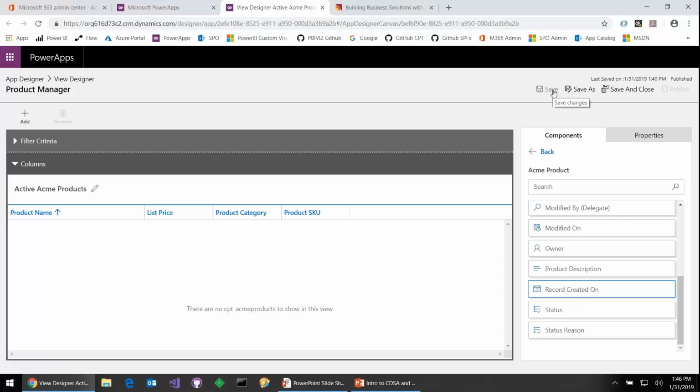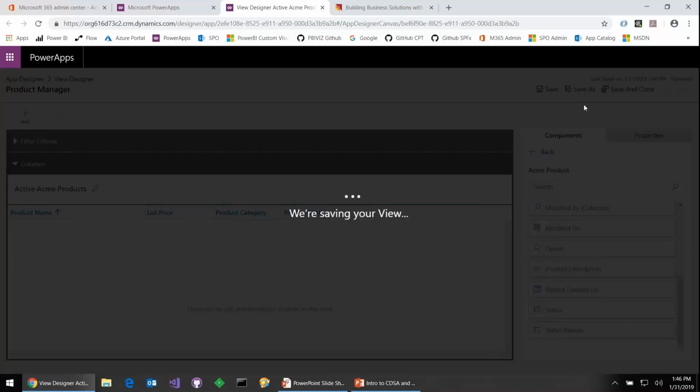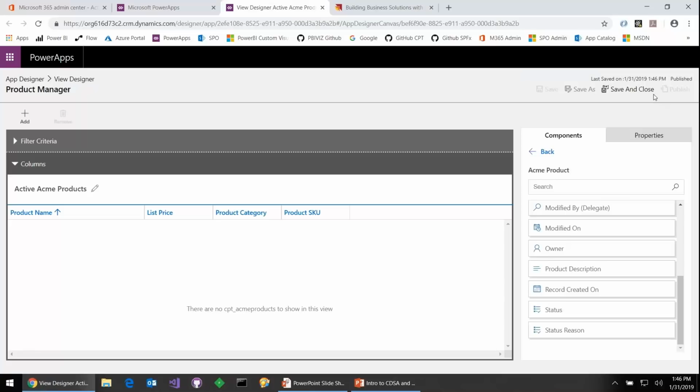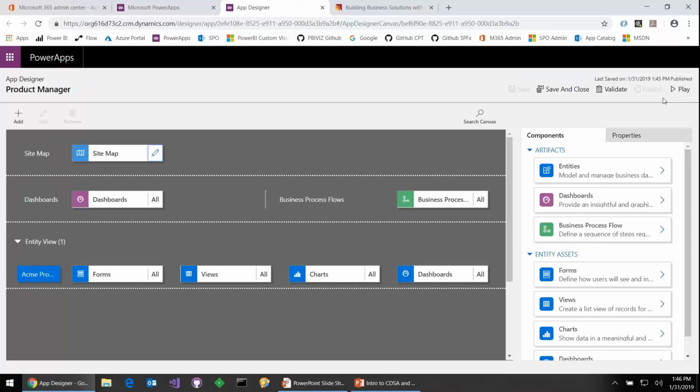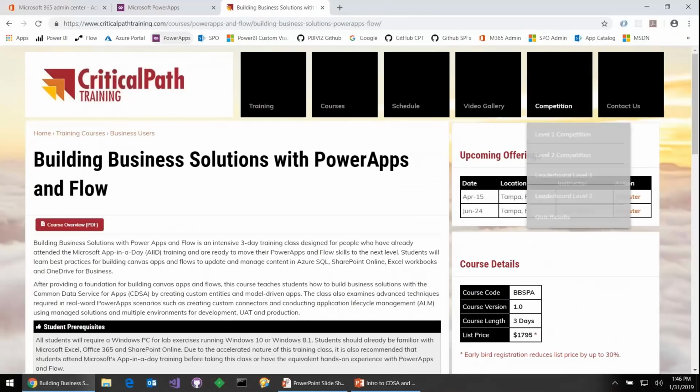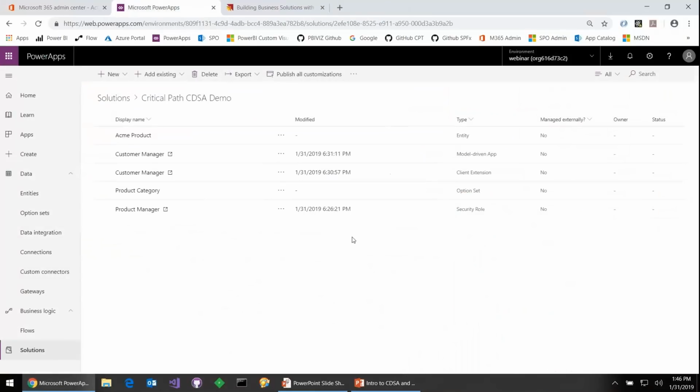So remember, we're in a transition period. What I'm showing you here is changing, and we'll definitely see a lot of evolution through the end of the April updates. Let's go ahead and click Save. Let's go ahead and click Publish. Let's go ahead and save and close. Okay, so now that I have done that, let's go back to our app